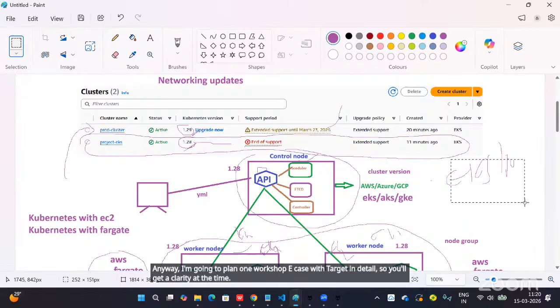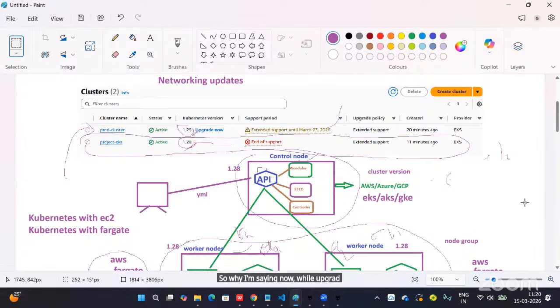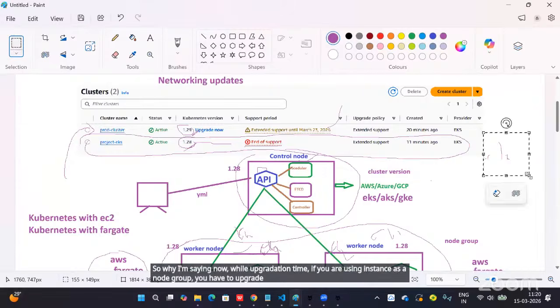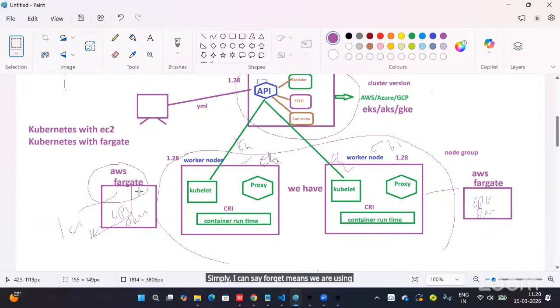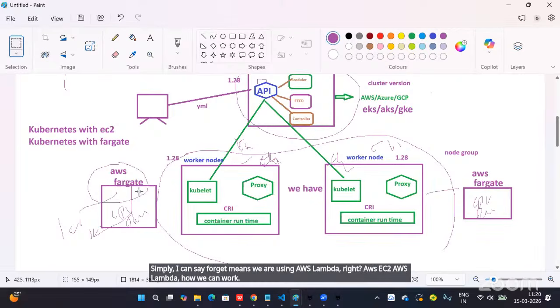So why I'm saying this now: at upgrade time, if you are using instances as a node group, you have to upgrade the node group of the instances. Or if you are using Fargate, you have to upgrade the Fargate profiles. So the control plane is common, but whether you use the worker node as an instance or Fargate, you have to decide. Simply, I can say Fargate is like using AWS Lambda, right? AWS EC2 versus AWS Lambda, how they work, same here also.